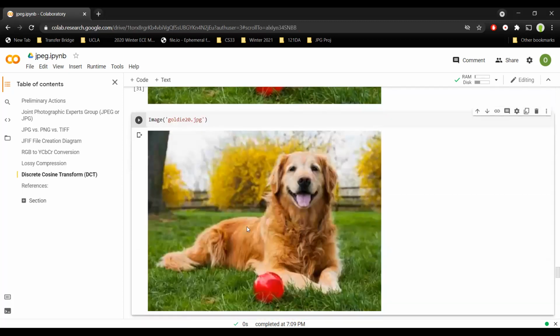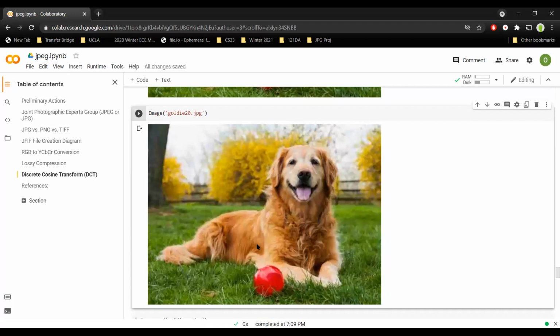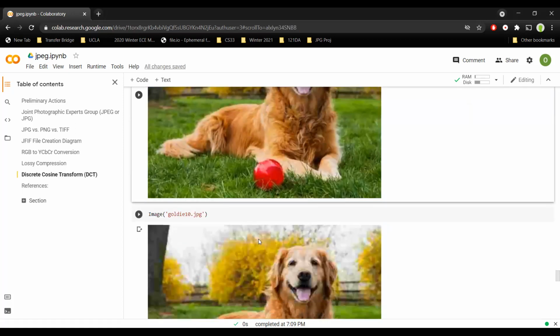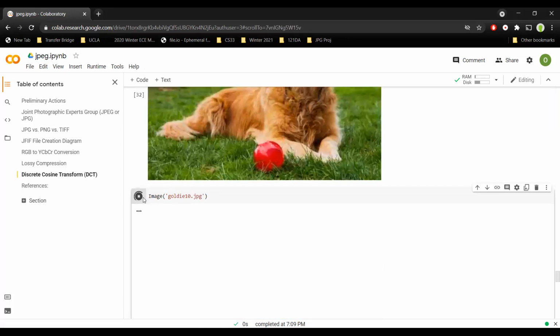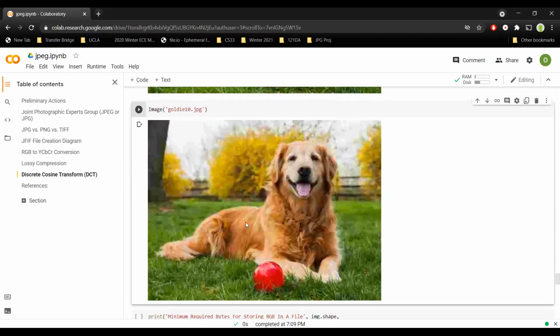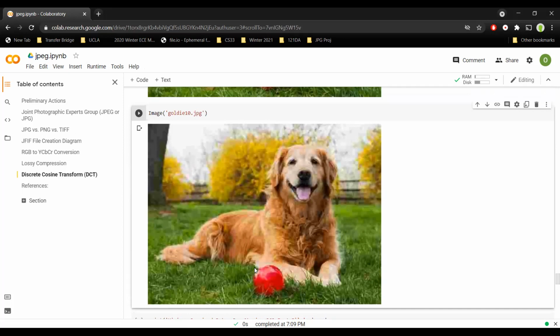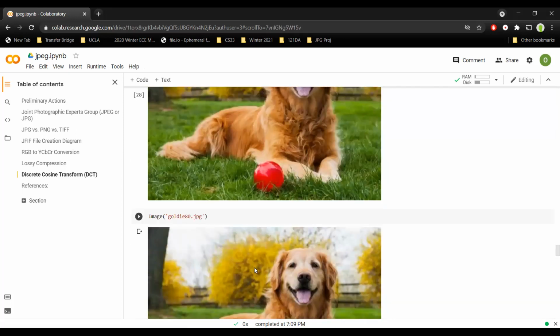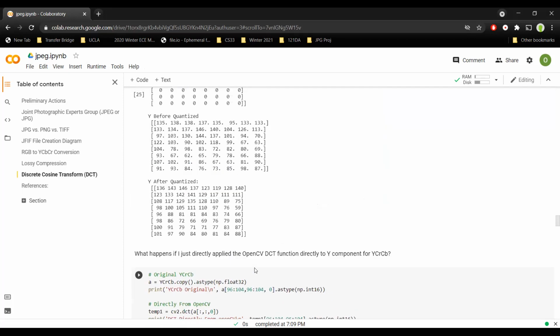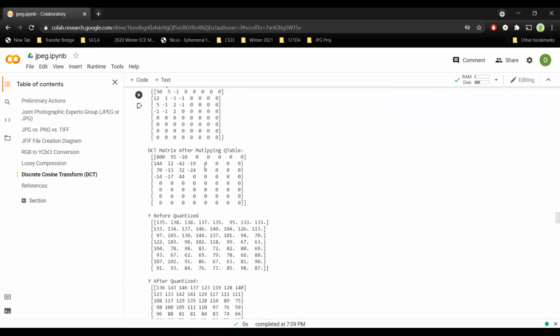20%, a little bit of change, and you can see it right here a little bit more. But if you see 10%, so basically 90% of the image data is lost, what we see is a lot of artifacts, some pixelated images right here, and that's what's going on. The reason why we do this is so that we get a bunch of zeros, and that's our goal. And when we store this data,